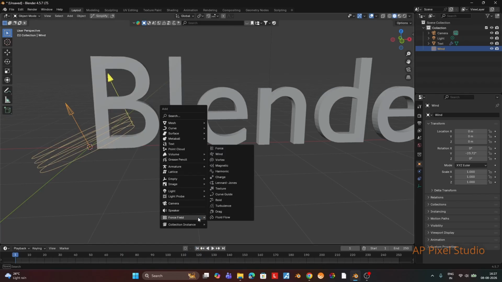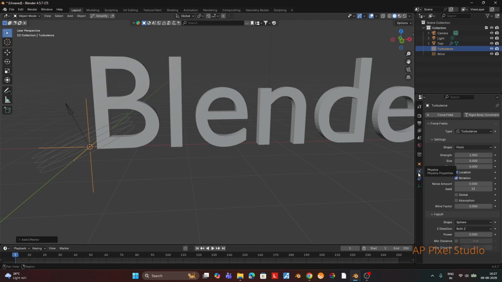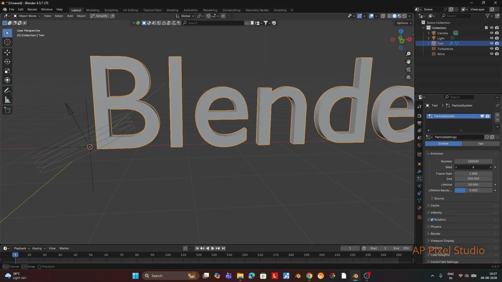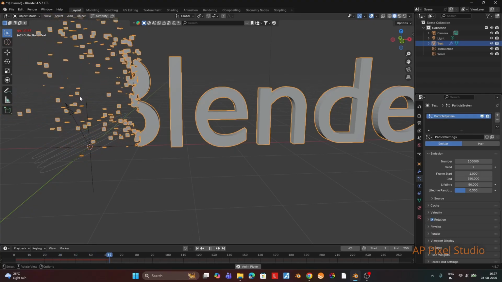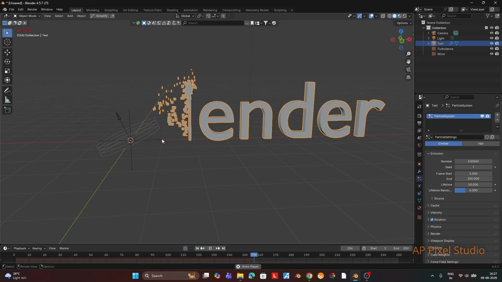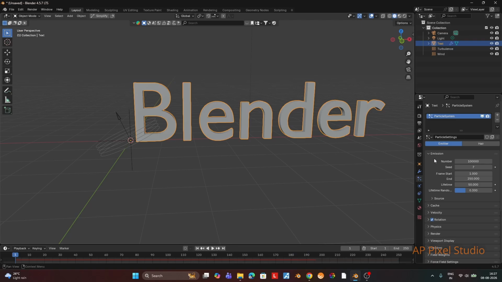Now if you see there is no randomness, so we will add one turbulence field. We will have more strength on the turbulence, so it will have more randomness. We will have one size and noise amount 0.3. And if we change the seed and play again, you see the particles are now not going directly above. It's going, but with some random movements, not directly. So that is the difference the turbulence field is creating.